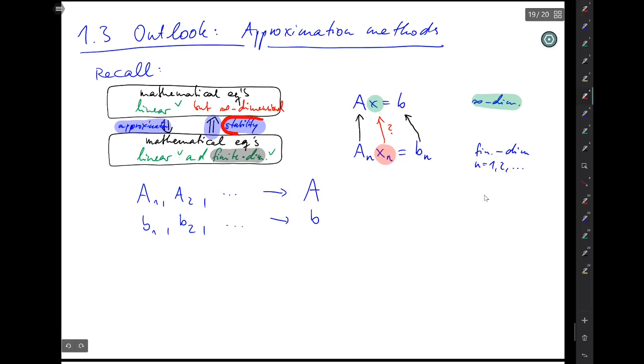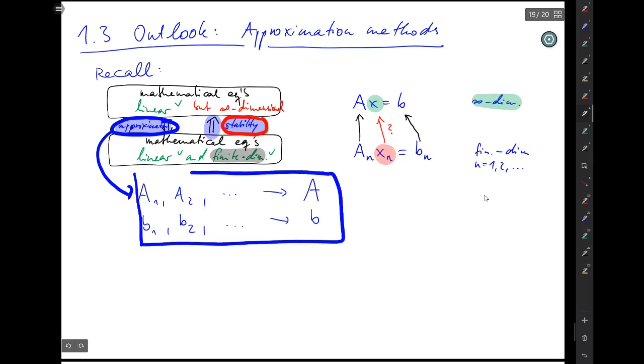Remember that our hope was that our approximation, so approximation reflects the thing that we're doing here, is good enough so that also the solutions will exist and converge, and that is what we call stability. Okay, so you can see we are somehow encircling the topic and starting to understand it better.